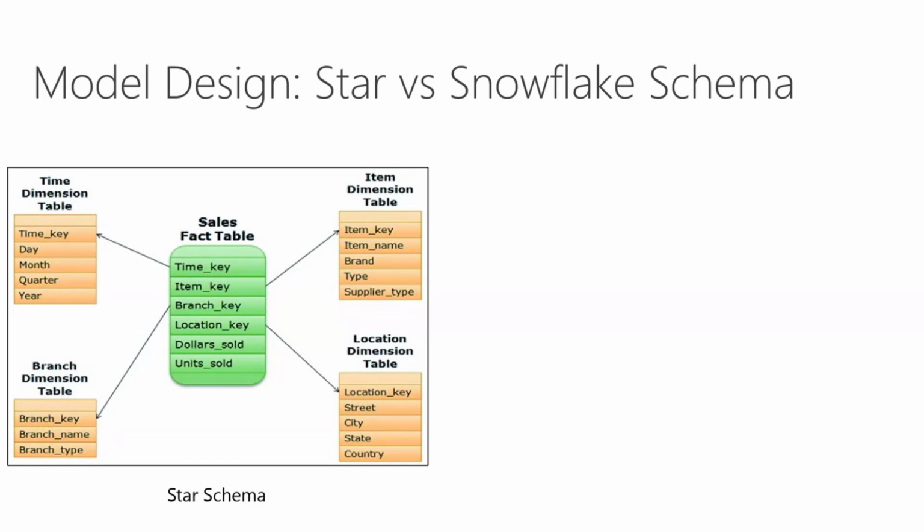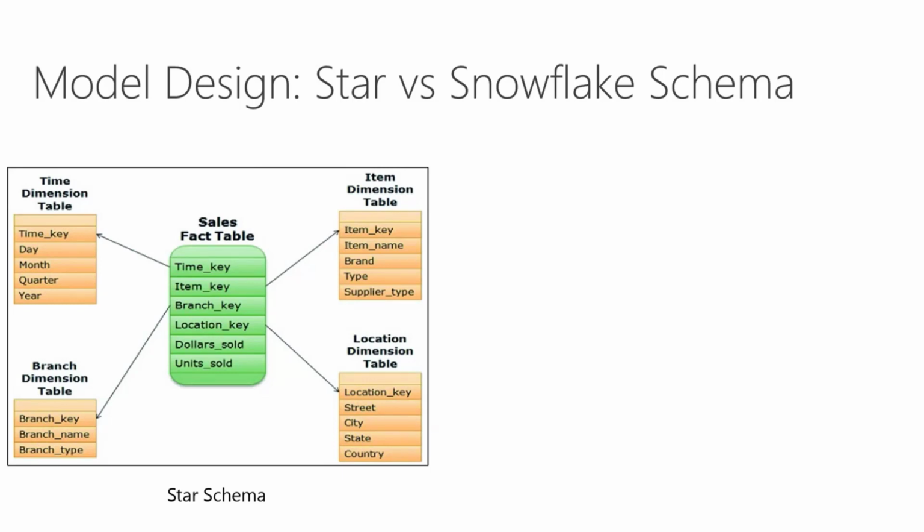You can see the fact table right in the middle. It has numerical figures and the keys to join to the other dimension tables. The numerical figures here are dollars sold and units sold, right? And the keys, you can see them at the top with underscore key in front of them, and they refer to the dimension tables. So the dimension tables have the other attributes or textual content to add meaning to these dollars sold